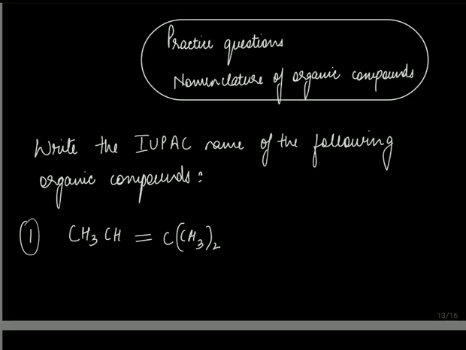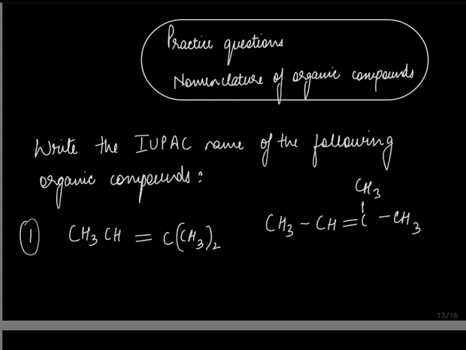If you see, this is CH3CH and there is a double bond. And there is (CH3) whole twice. So these two CH3s are basically bonded to this particular carbon. Let's try to write it again for your understanding. So, double bond and one CH3 you have to put over here. Already there is a double covalent bond over here, so there is no need of hydrogen. Now we need to name it.